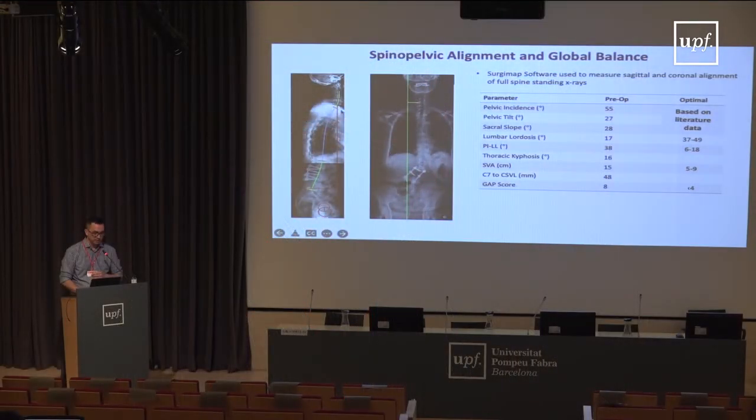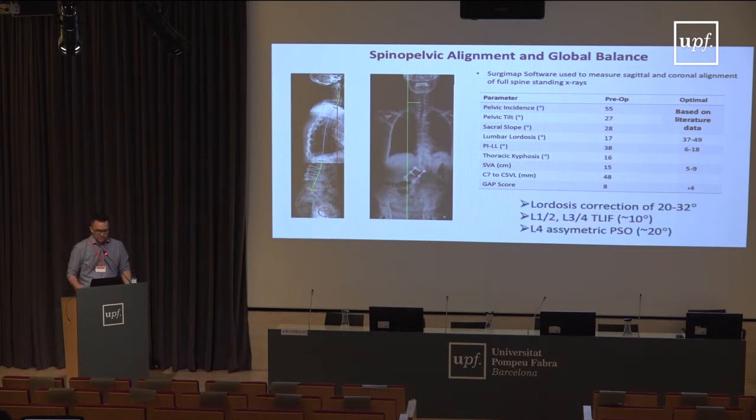And there are other parameters also. For example, the SVA, this red line, which is the distance between the sacrum and the C7, the cervical 7 vertebral line, plumb line. So the SVA should be also decreased to correct this kind of alignment. Okay? So the surgical goal would be a lordosis correction of about 20 to 30 degrees. It's quite much,